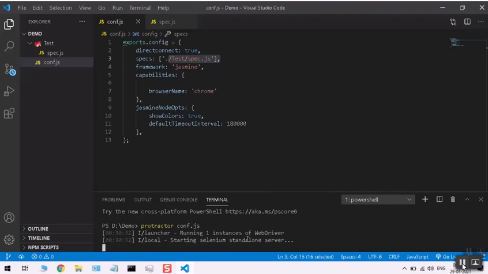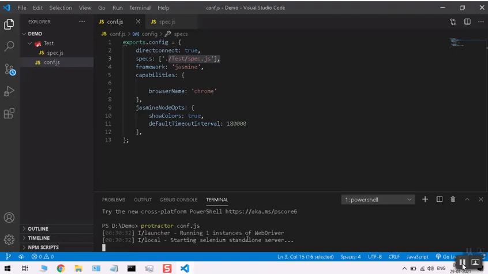Starting Selenium standalone server, running one instance of WebDriver. Generally, protractor is used for Angular based sites; we can automate them using protractor.